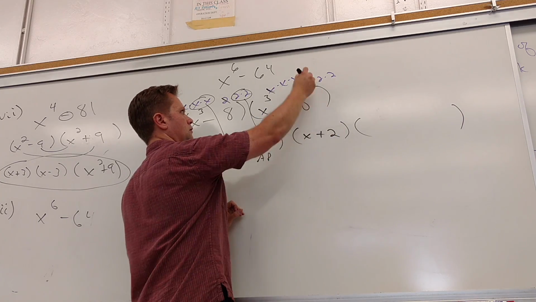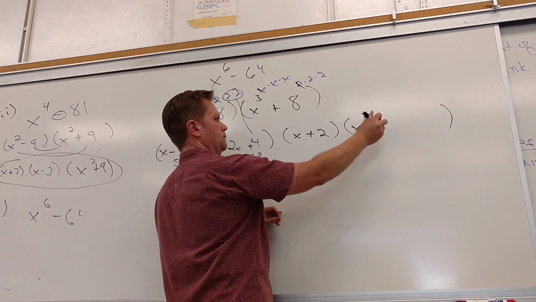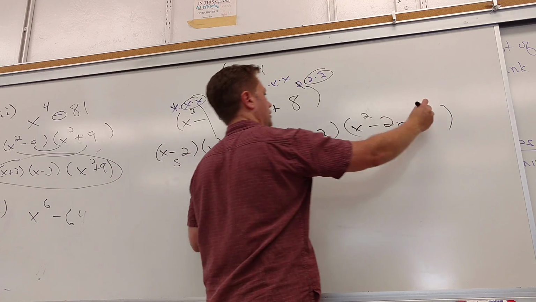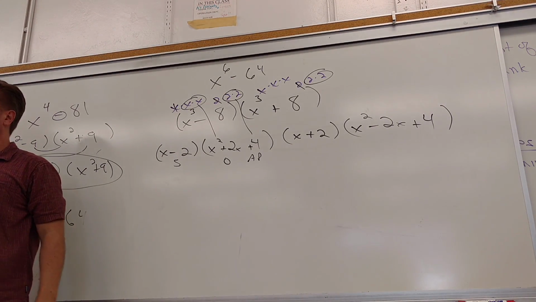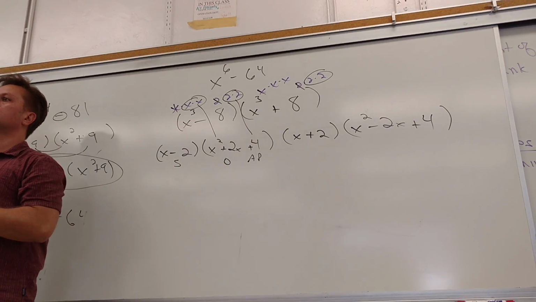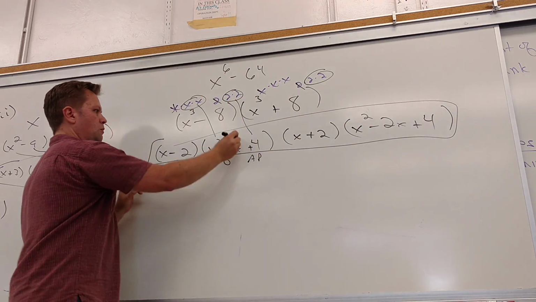So this would be the same sign: x and 2. This will be the opposite sign: negative 2x. Plus 4. Now we have to... And that's it. There are no like terms to talk about. Yes? Where do you keep getting the 2x that's in the middle? The middle term is all